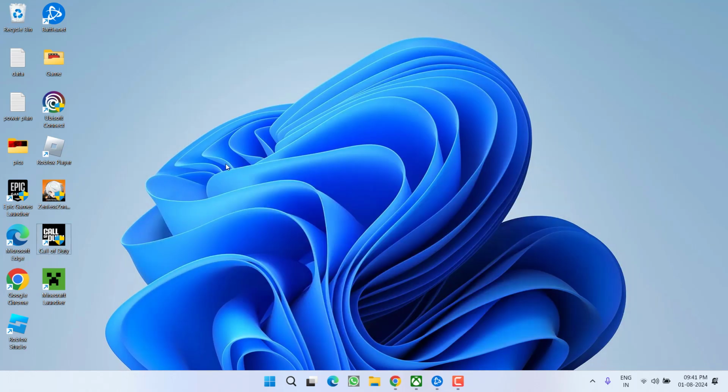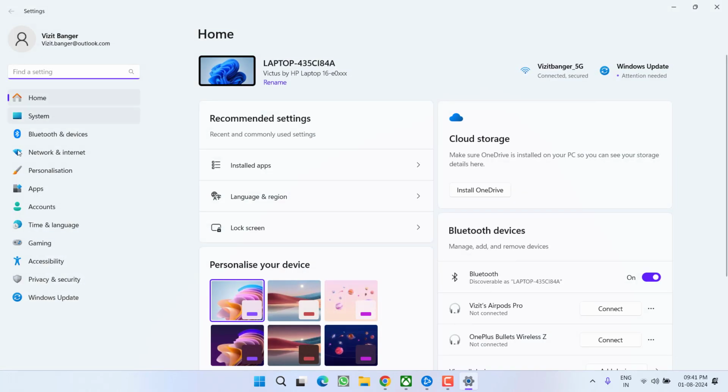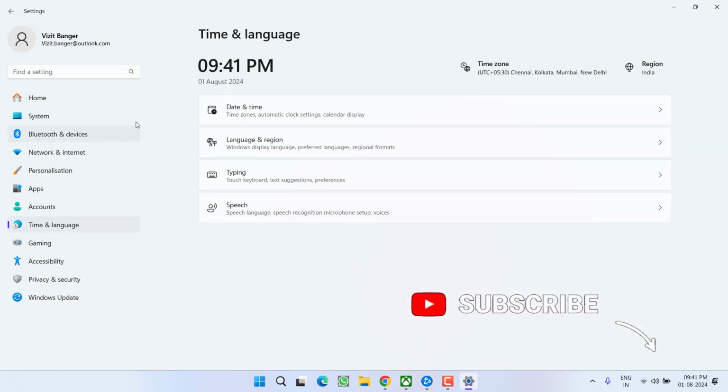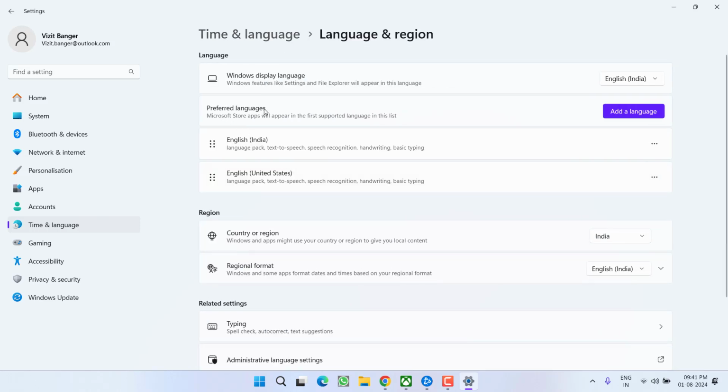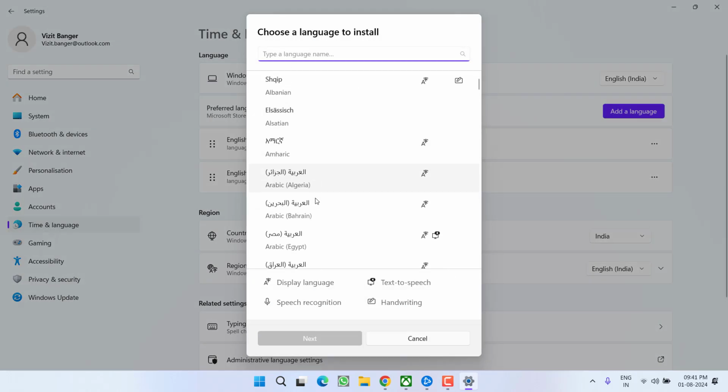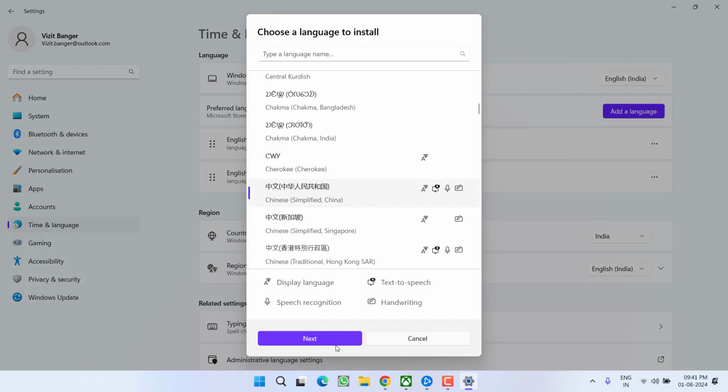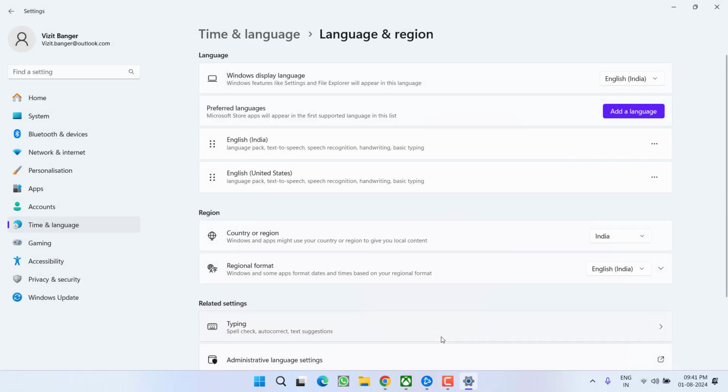If all these methods fail, in next step you need to make sure that you have installed your regional language. To do so, head over to settings menu. In this left pane, click on the option time and language. From here click on the option language and region. Under the preferred language, make sure you install your regional language also. For example, at my end, my country of origin is India, so I have installed my regional language as English India. You need to click on this add a language and all the languages will be available right over here. Select the language and click on the option next to install your regional language, and once the language is installed,